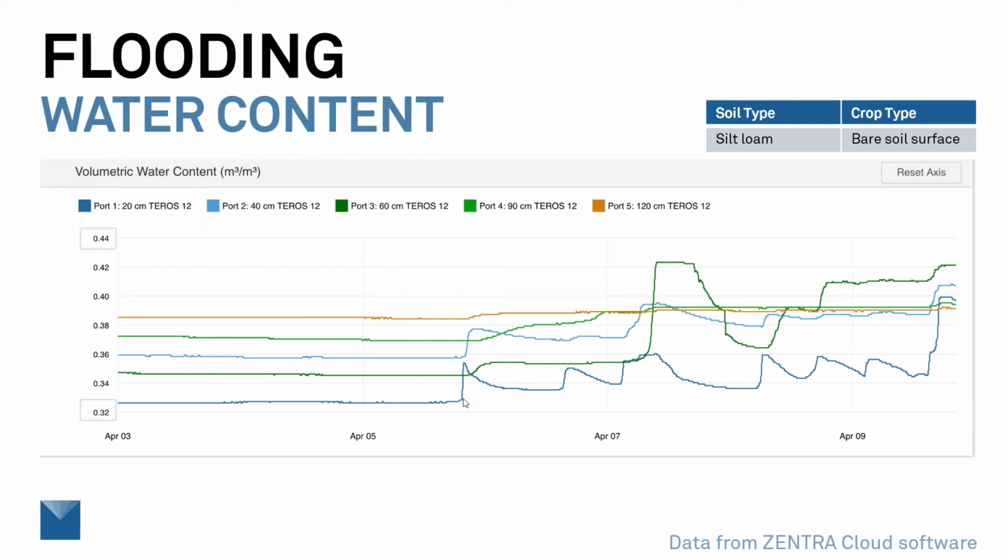But around April 6th, we got a pretty good rain event, and we see the increase in water content at the 20 and the 40 centimeter level, and the 60 centimeters starts to increase. But what I found so interesting about this data set was not that we were seeing water contents increase up in the upper horizons. That's pretty typical. But we see this table-topping effect where we see a water content rise all the way up and then flatten out here at the top.